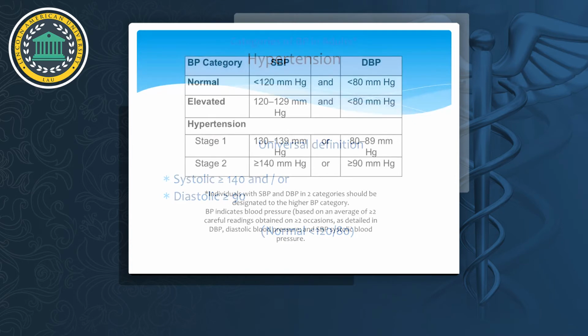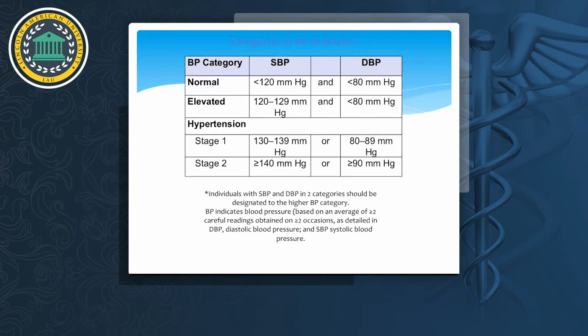Physiology from the latest guidelines, the 2017 guidelines from the American College of Cardiology, which tells us that normal blood pressure is less than 120 systolic and 80 diastolic. Elevated is 120 to 129 and the diastolic less than 80. Hypertension stage 1 is 130 to 139, diastolic 80 to 89, and stage 2 is 140 or more, or 90 millimeters of